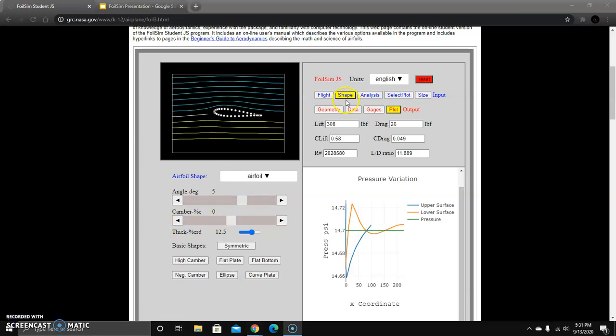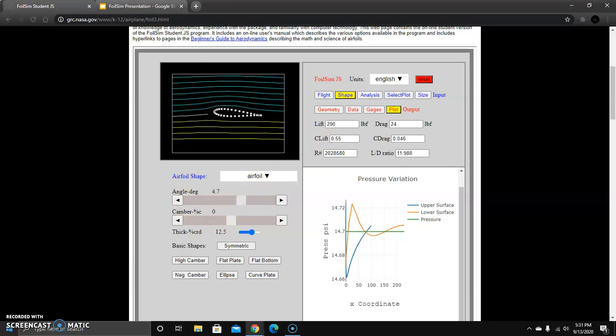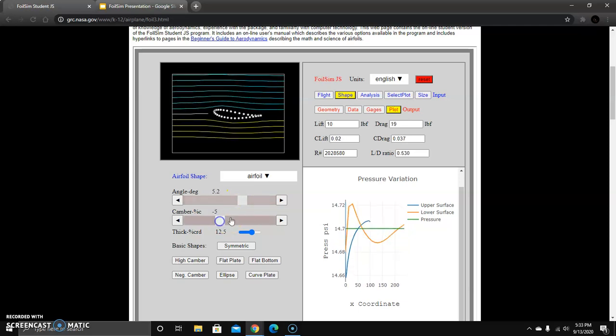Alright, let's start off with shape. In shape you can change angle of degree and camber. Notice how they change both lift and drag. After you have identified the relationship between angle of degree and camber percentage between lift and drag, identify this plot